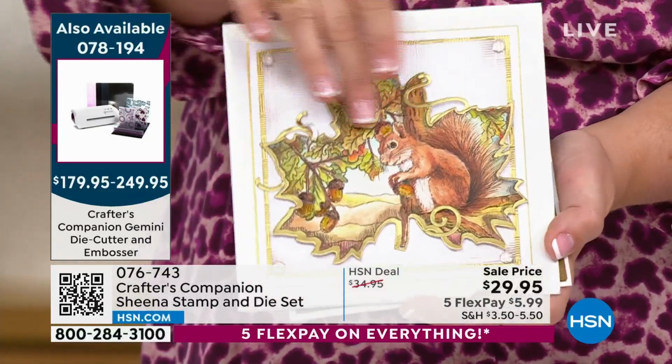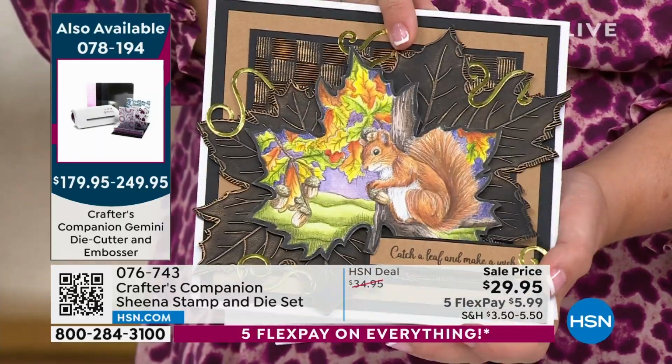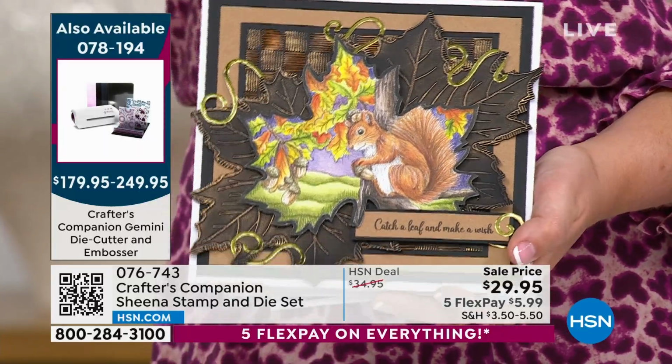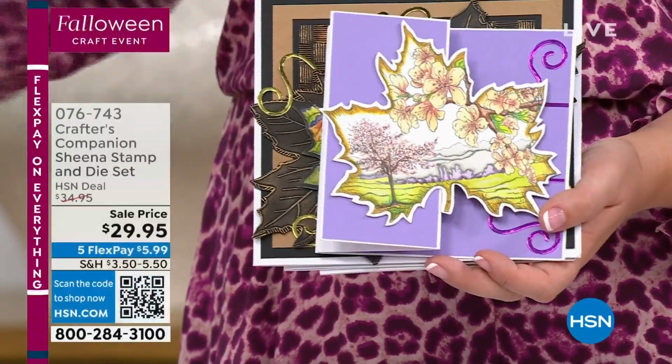Well, but if you have any of your Spectrum Noir markers, and we love how they blend, this is where you use all those techniques with the Spectrum Noir markers to do that look too. Or even if you want to do something really basic with it, I loved it in black and white, to be honest with you. Did you? That was beautiful. To be honest, it's when you see that stamped image and you realise just how detailed